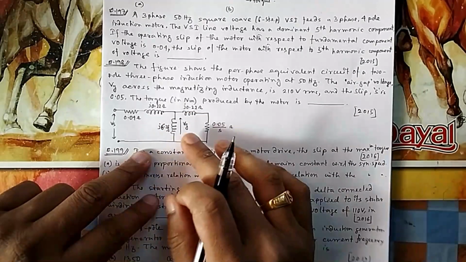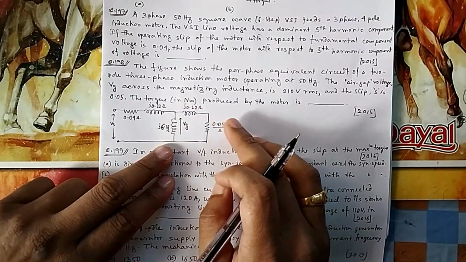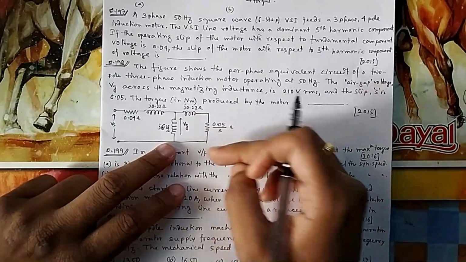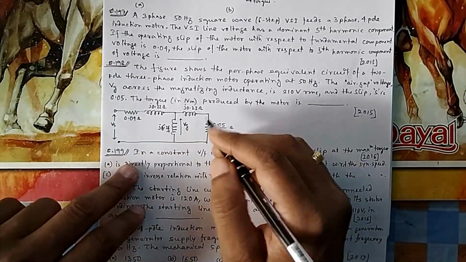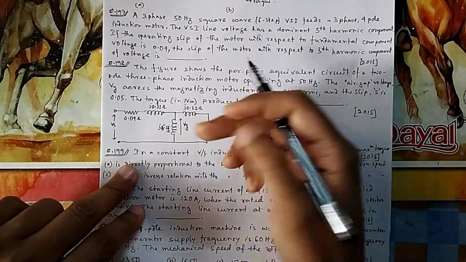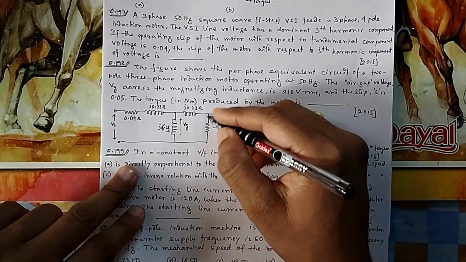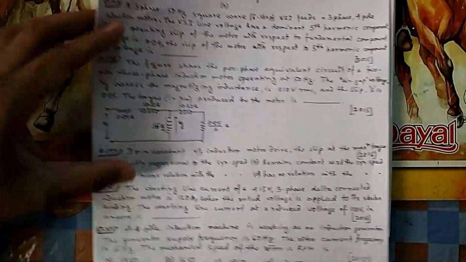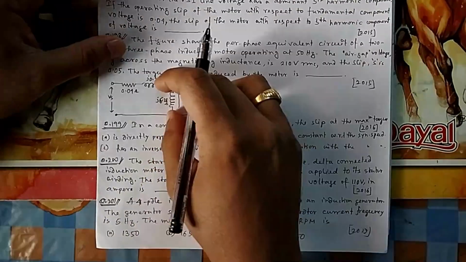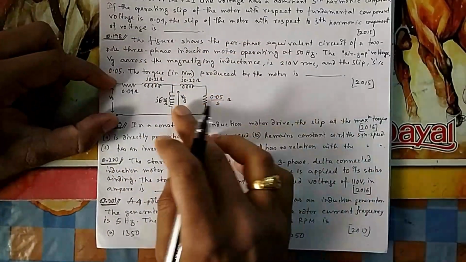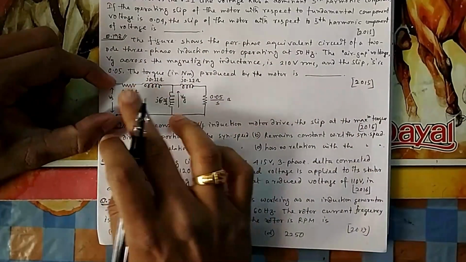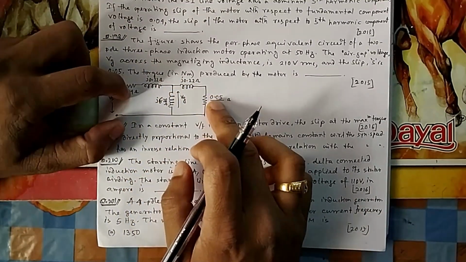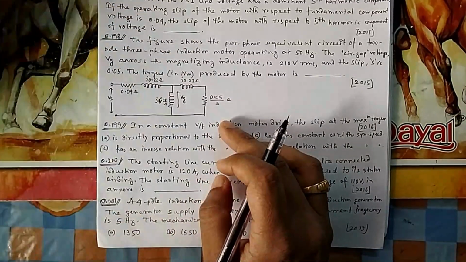Now you know the torque formula. This is actually the I square R, whatever we calculate, that is I square R. I told you I2 square R is equal to your torque. So this E we take because for the rotor current, 3I square R is equal to T into omega, that we always use. So that's why we will use this voltage. If this is the voltage, then this plus this would come into the picture, and in X also this plus this, and in rotor R this plus this, but because this voltage is given, only this will come into the picture.